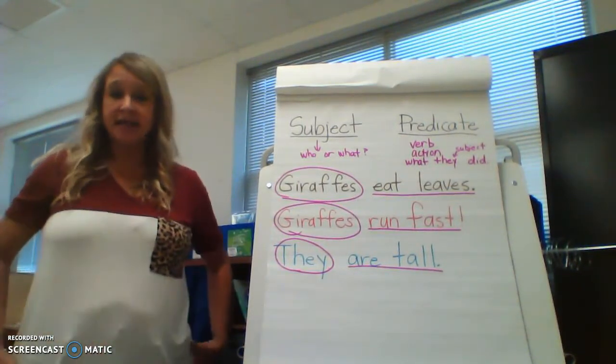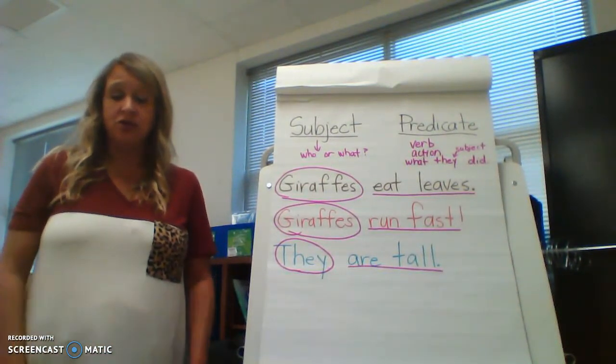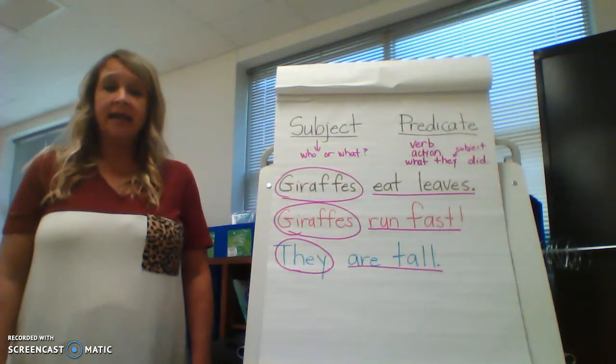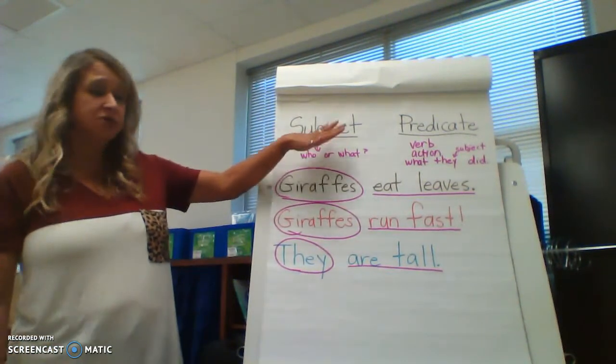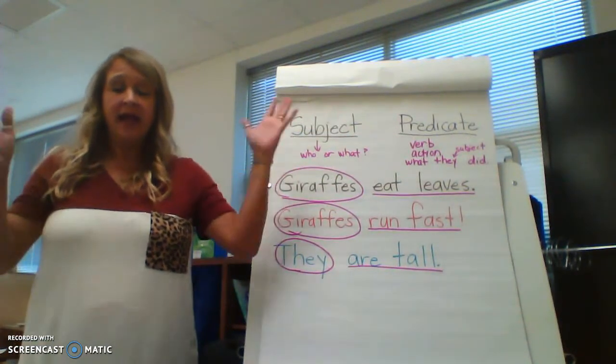Now, you are going to get out your journal and you are going to write a sentence about the giraffe picture from our story. And make sure you have a complete subject, a complete predicate, a capital letter, and a period,